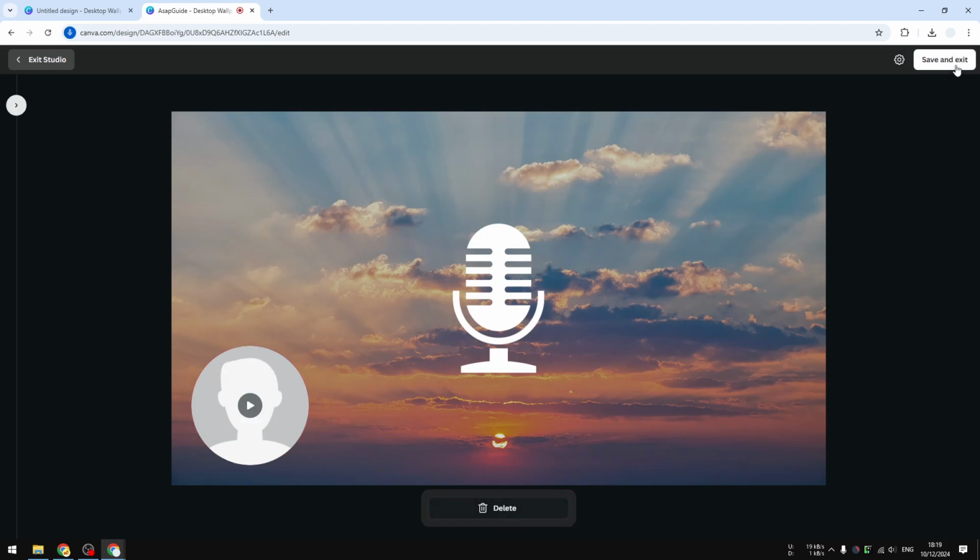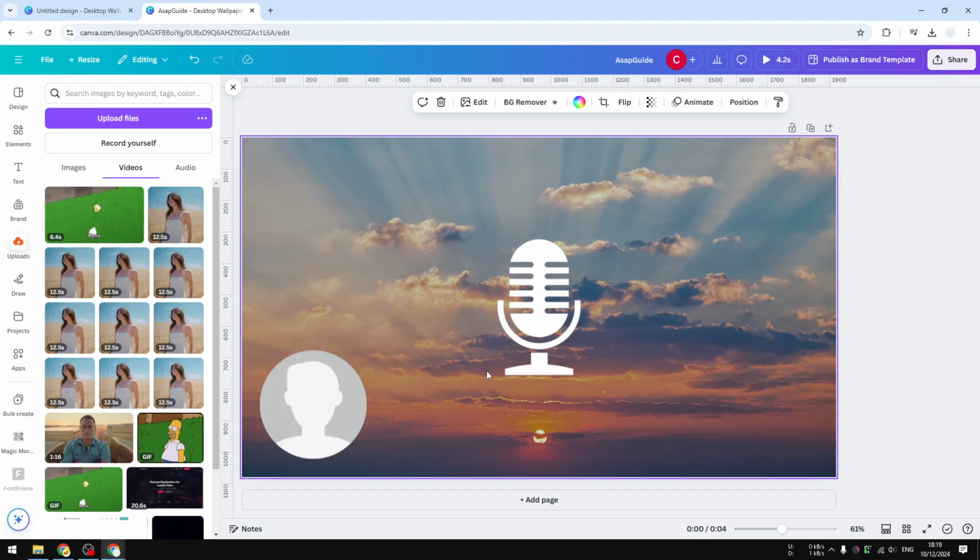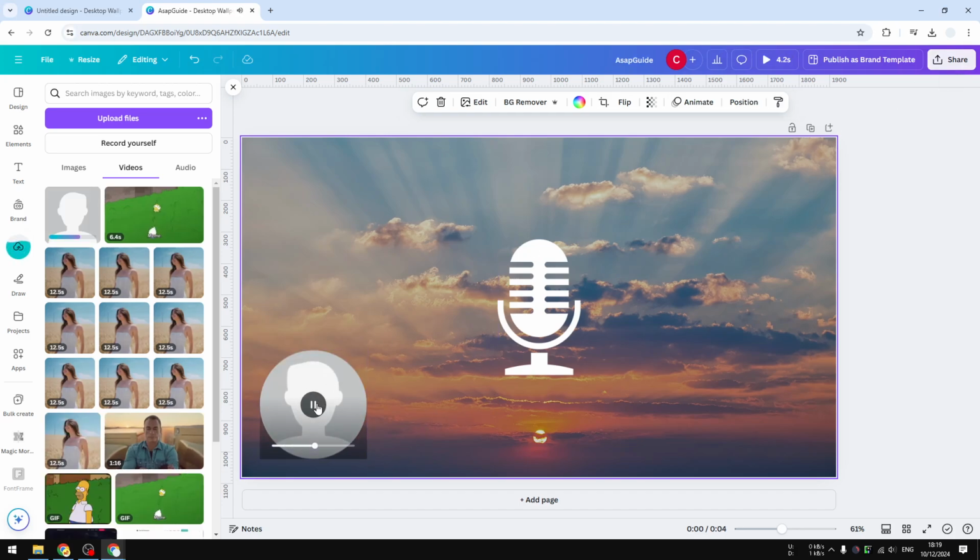Okay, let's click save and exit. Okay, so Canva will immediately put that recording into your document, and usually it will be represented by this icon,